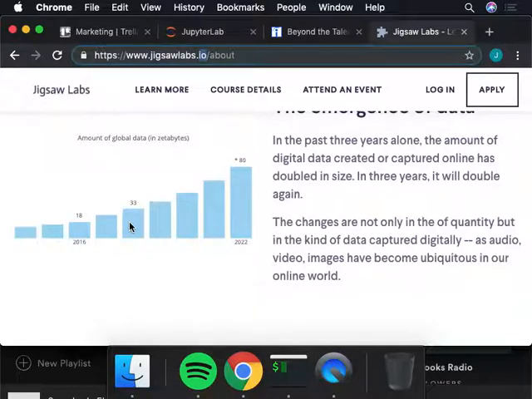In other words, the world's digital data doubled in just 2 years. And 3 years from now, in 2022, that number is expected to go to 80 zettabytes. Just from 2 years ago, it was 18, and 3 years from now it's going to be 80. So even though people have been talking about the digital age and information age for a long time, the data really is starting to take off just in the past couple of years.